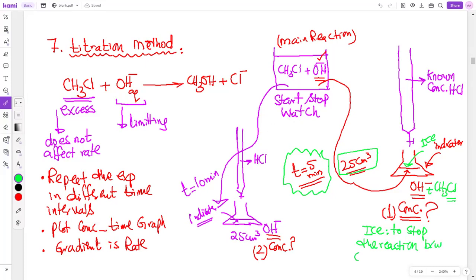Any confusion here? No sir. But this ice will not stop the acid-base reaction because the acid-base reaction happens at low temperature as well. So each time when we take a sample in a conical flask, we have to add ice, and ice quenches the reaction. Quenches means stops the reaction. But this is the method which is titrated